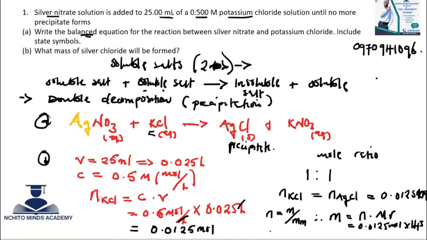You can pause and do the calculation. Let me check again. It will be 0.0125 times 143. I'm getting 1.79. So the mass that you expect to produce from that volume of potassium chloride is